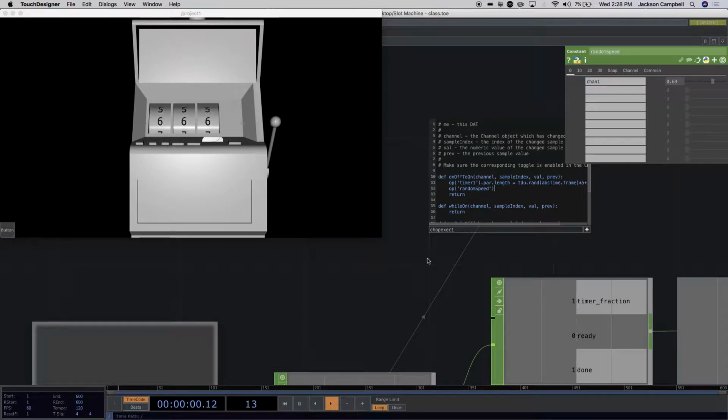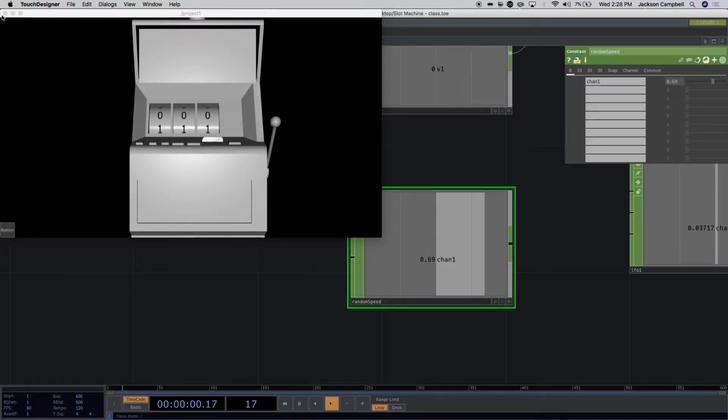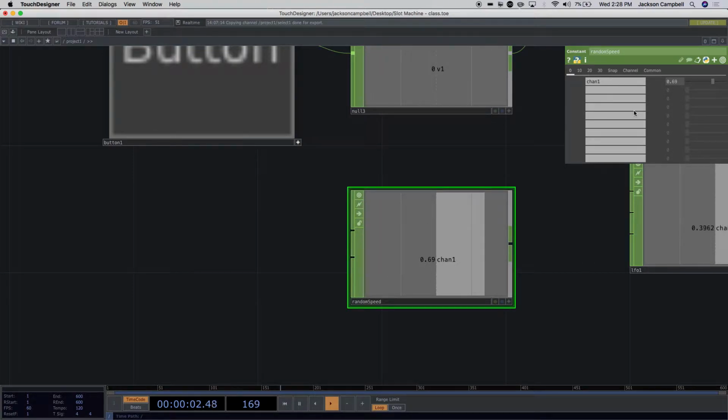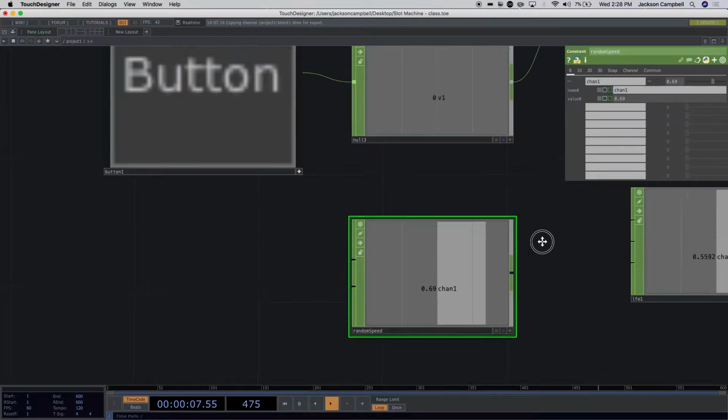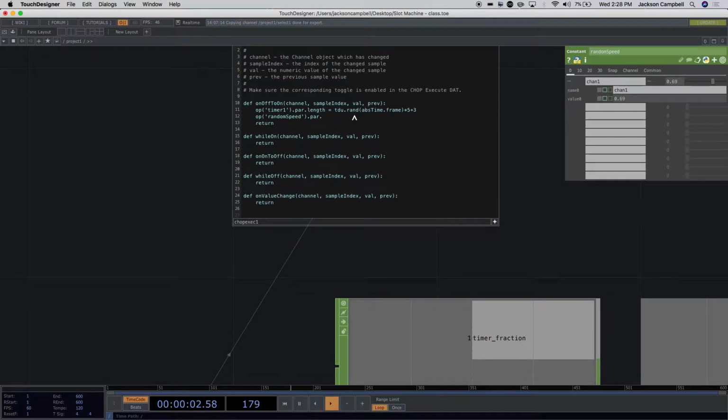And now I'm going to say dot par, and then I've got to figure out what the actual parameter is called. So I click on randomSpeed, I'm going to close this viewer for now, and I'm looking at its channel 1. If I expand that, you can see it has name 0 and value 0. So it's .par.value0. So here on my chop execute, dot par dot value0